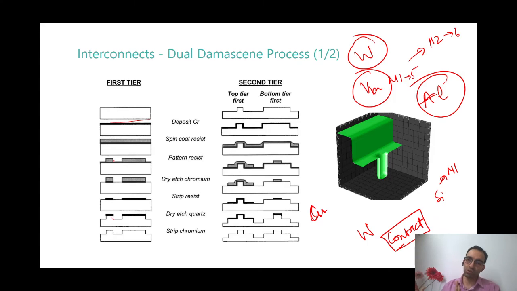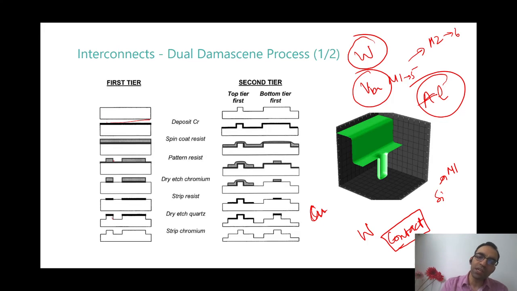So you do processing on wafers until contact level over here, and then you physically shift the wafers to the other side. There is a different clean room altogether which you will need to go to, and then you will do the processing of metal 1 and upwards. Okay, so contacts continue to be tungsten. Vias have moved from tungsten to copper, because with copper you could do a different thing.